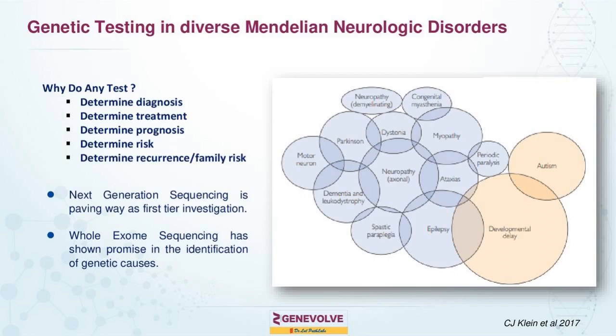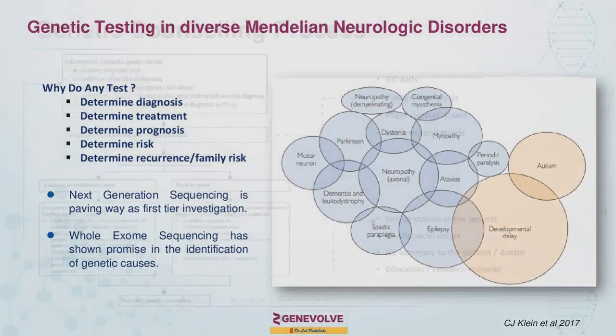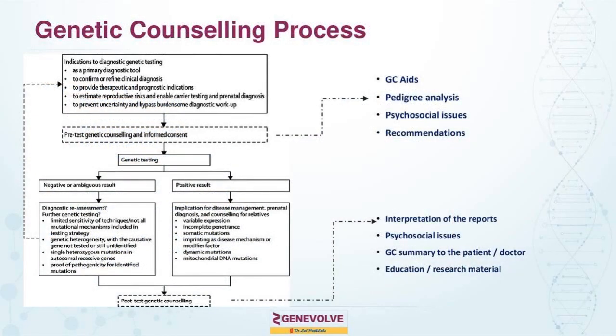Better. Okay, so whole exome sequencing can play a crucial role, which can be done to confirm the diagnosis, or for prognosis, even for management or recurrence chances. So now the question comes, how can we incorporate genetic testing as well as counseling in the healthcare system? The first key important point, which has been discussed in the previous slides as well, is the identification of the indication, why this testing can be done. So once a clinical suspicion or the diagnosis has been made, it is important to know whether we really want to go for a confirmatory diagnosis, or what is the reason?